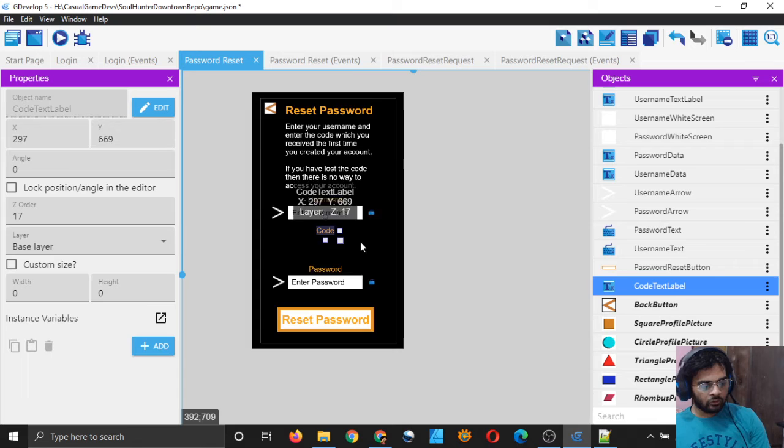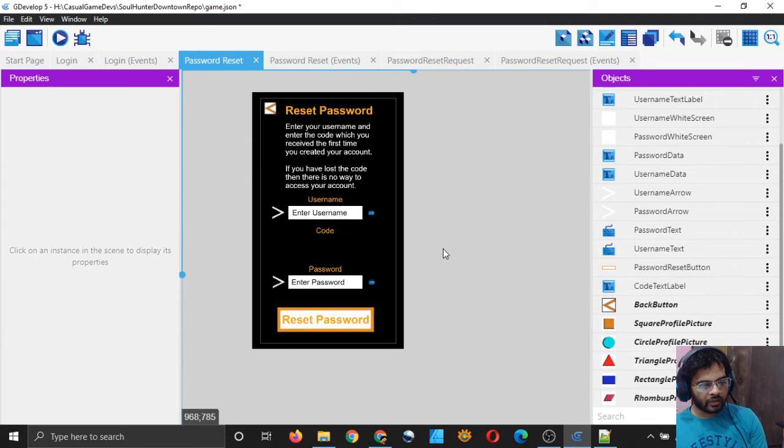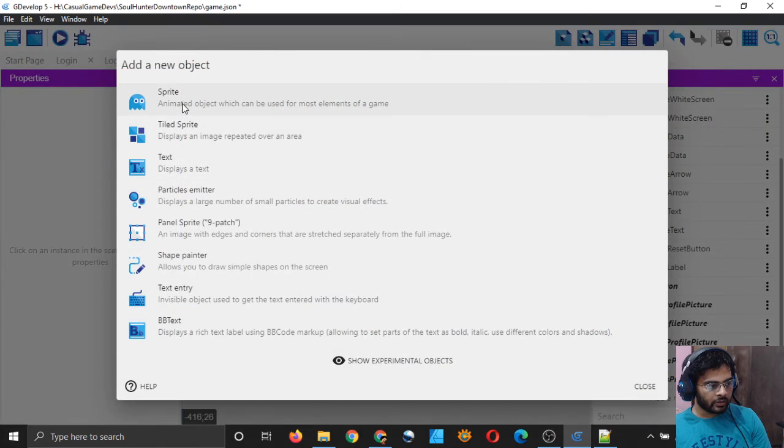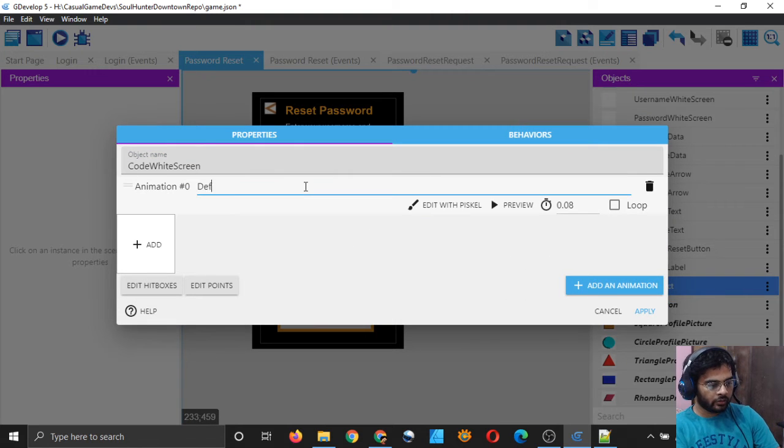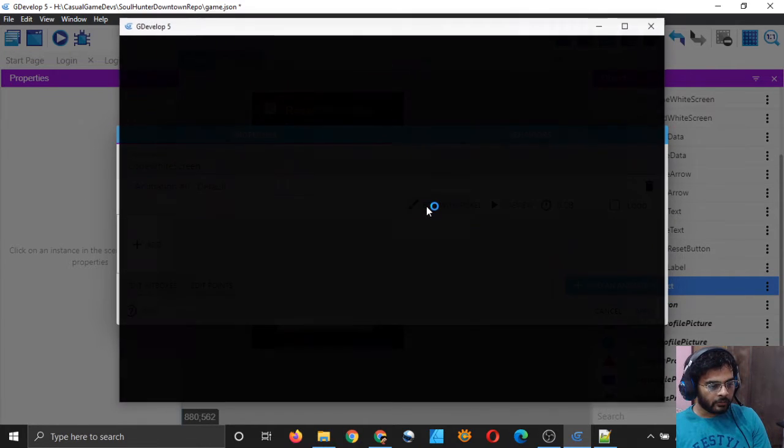And then I need a code white screen, okay. So let me create a code white screen, add an animation. I will call it default and I edit with Piskel.